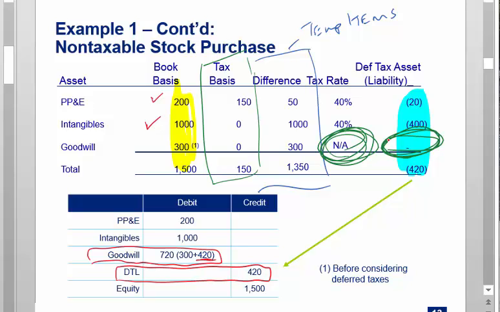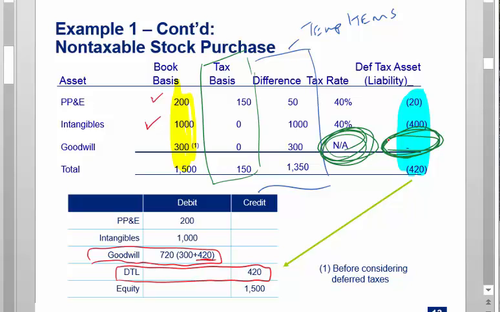So the accounting rules say Goodwill is the residual. There's no point in grossing up Goodwill. And so you don't book deferred taxes on Goodwill, and therefore you don't have the gross-up feature. Now, we're not going to really get to this topic in class tonight, but if you had tax basis in Goodwill that exceeded book basis, which can happen, you do book a DTA for it. So the rule works the opposite when the facts are the opposite. But again, that's a rare fact pattern, although it can happen, and we're not covering it in class, and it's not on the exam.